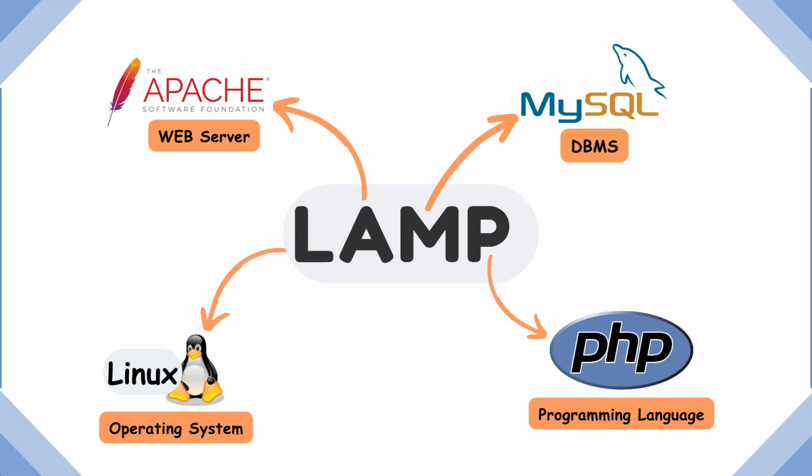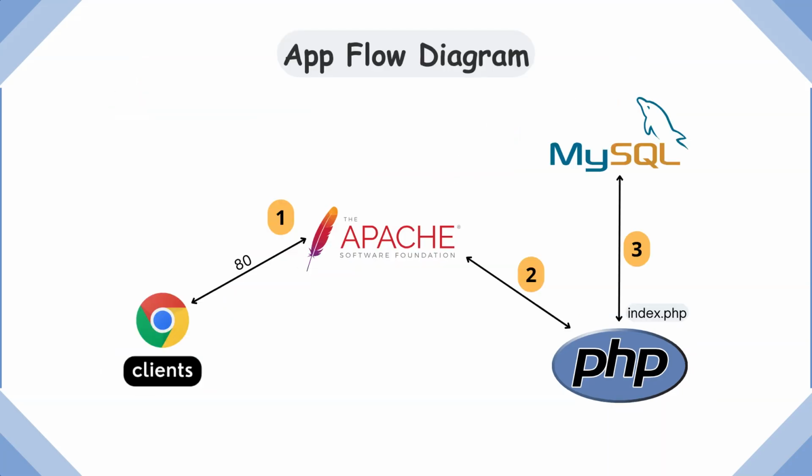This is the architecture and flow diagram of the web application that we are going to deploy on LAMP stack. The user sends a request to Apache web server through some browser such as Google Chrome by specifying the web server's IP address or domain name. Upon receiving the request, Apache knows that the request is for index.php file and so hands it off to PHP